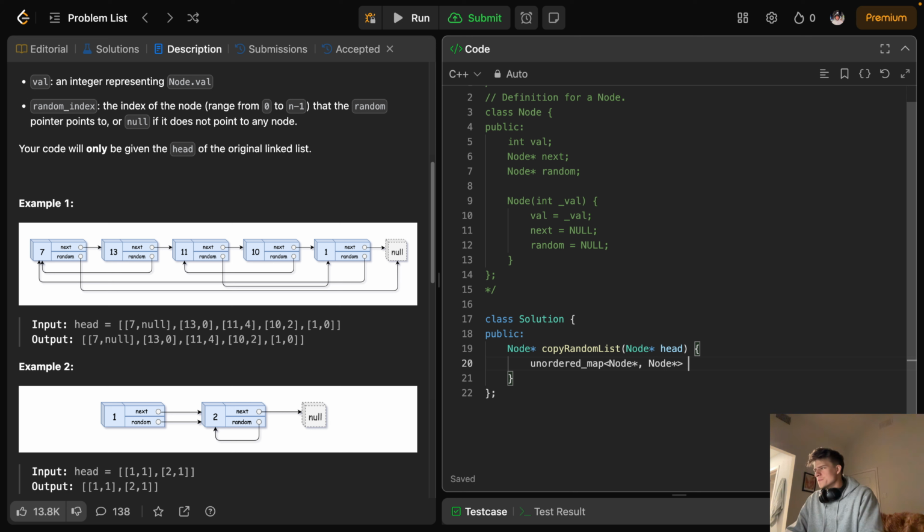So we're going to treat the key node pointer as corresponding to the node in the original list, and then the value will correspond to the node in the new list we're creating, and the key values will map those lists so that we're able to take a node from the original list and then see exactly what node in our new list that corresponds to. So I'm just going to call this map. We also want